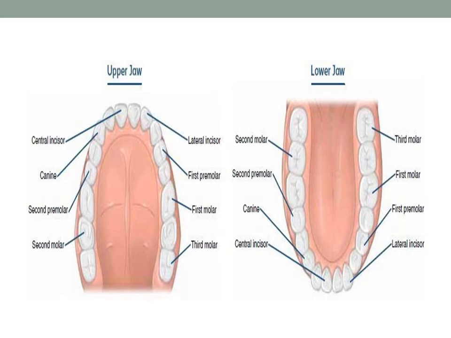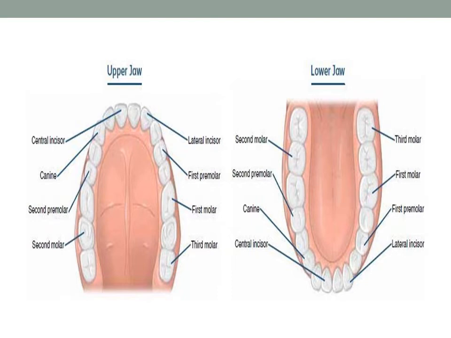Central incisors, as I show you in the picture, and canines just near the central incisors, then second premolar, then second molar and premolar. Here you can see in this picture clearly. Then lateral incisor, first premolar, first molar, third molar, and in the lower jaw you can see second molar, second premolar, canine, central incisors. And on this side, third molar, first premolar, lateral incisors. Here the whole structure of the lower jaw and upper jaw is explained.